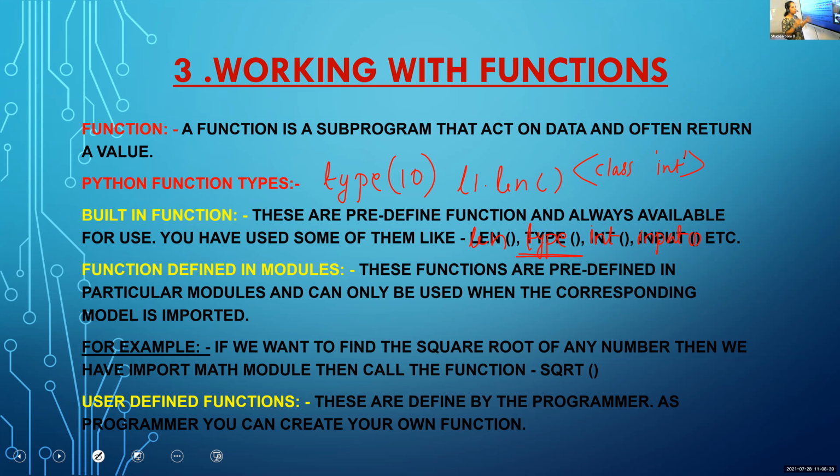The type function is a built-in function used to find the type of a data. If it is integer, string, float or bool, any data type, it will display the current data type of that value. If we give a value like 10, the data type is integer, so it will return int as the result. If it is 10.1, the result is float. So type is a built-in function. Built-in function means we can directly use that function without any extra statements. So these are predefined functions.